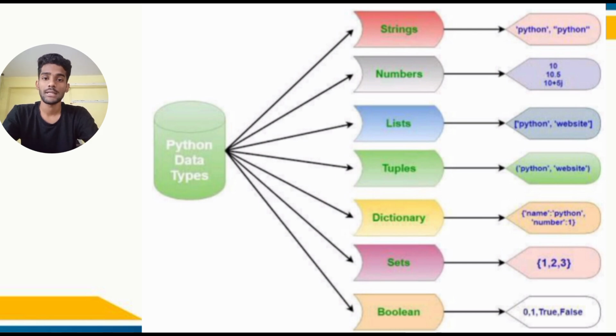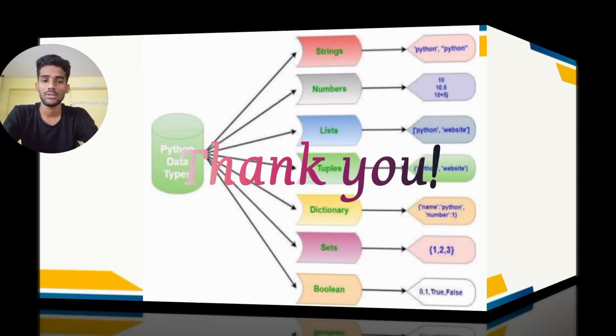Python data types in depth: we can see strings, numbers, list, tuples, dictionary, sets, boolean. Strings are under single quotes or double quotes or triple quotes, such as single quote Python. Numbers are such as 10, 10.5, 10 plus 5j. For list, the values which are under square brackets come under the list. And the ones in curly brackets, a dictionary is like key and values. We have the key and